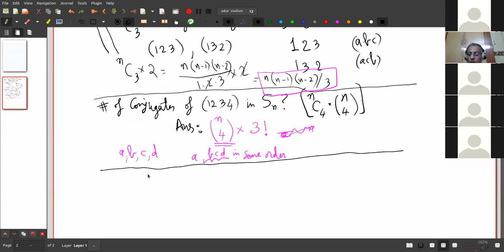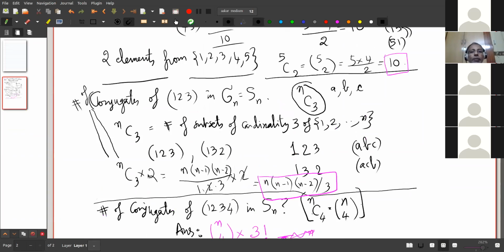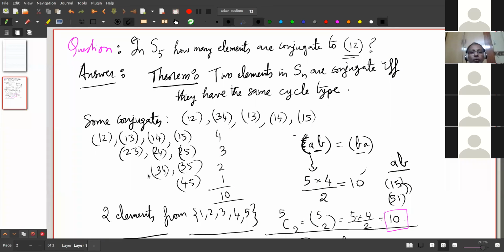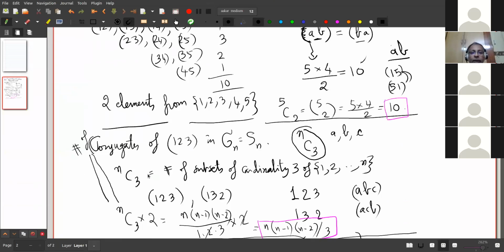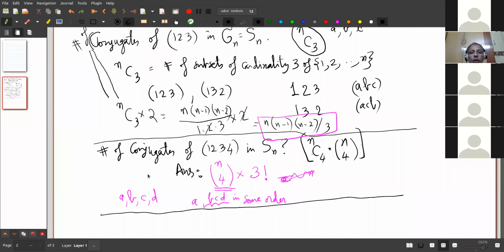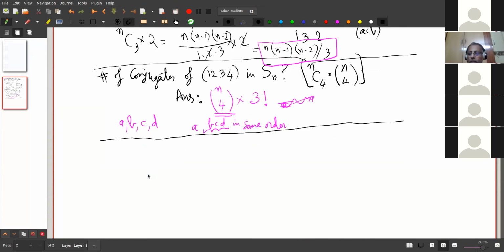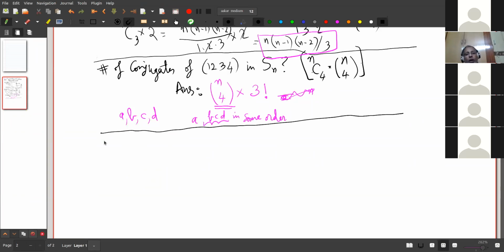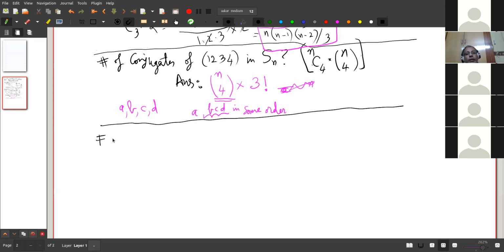Correct. And you handled it by breaking it up into various cases, so simple cases. And indeed, that's the right thing to do, because if we are trying a simple case, we can make progress. Okay, so the number of conjugates of